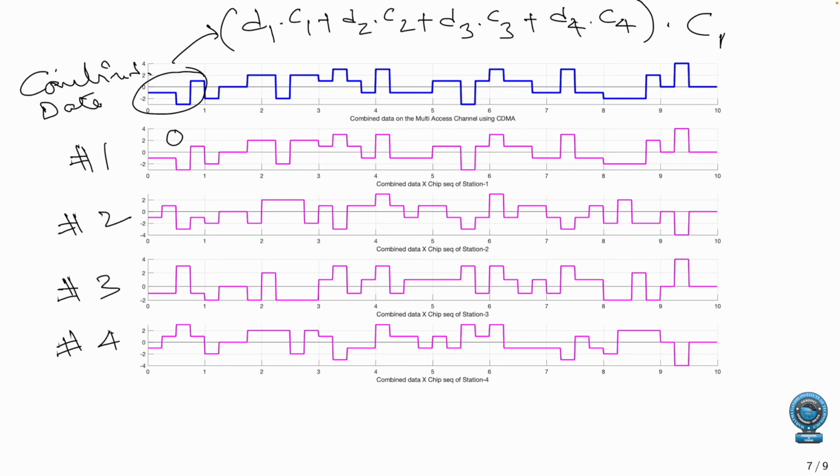And likewise, if you observe the next area, you can see this is plus 2 units, and again minus 2 units, and then plus 2 units. It cancels off, the area is 0, which indicates the station was silent. Similarly, the area for each of them can be computed, and based on the area, or the result of the integration, what data has been sent can be predicted.